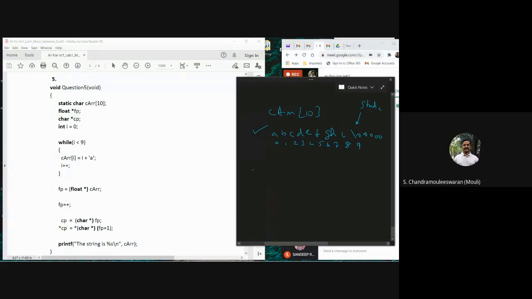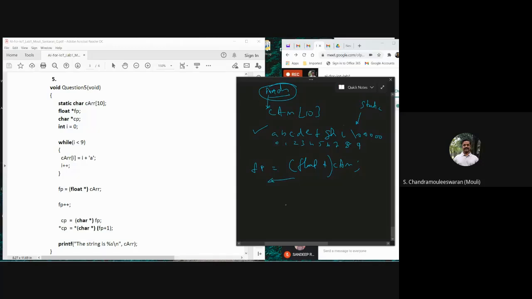Now the manipulation. FP is equal to (float *) C array. Now what happens? This will give the starting address, whatever it is, and it will be considered a floating point address. Though it is actually a character array, it doesn't matter. As I explained, this address has gone in as a floating point address.